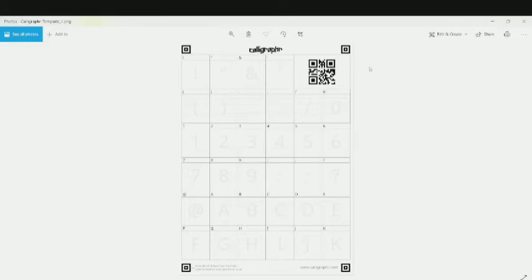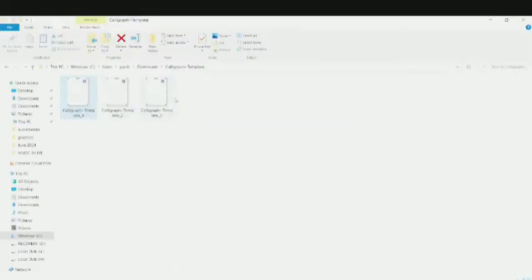So this is the template we got, and I have increased the template cell size so that I get larger cells. Because I increased the size, I got 3 different files in that zip file, so my font template is divided into 3 depending on the cell size. Now we need a drawing or designing software to write your own fonts. You can take a printout of these templates and write with your own hands using pen or pencil, then scan it, and make your own font according to it. But I'm going to be using software.